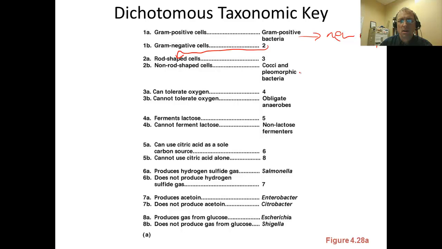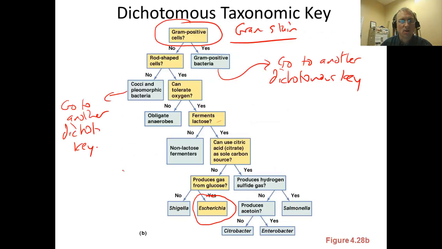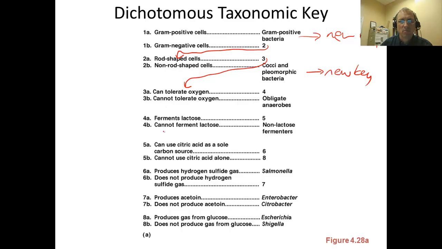If we end up with cocci or pleomorphic bacteria, the non-rod-shaped cells, that's telling us to go to a new key, and our answer 3, rod-shaped cells, would direct us to question number 3. This dichotomous key has the exact same information that's in this flowchart form. And the reason that I'm putting this up here and making the distinction between these is that